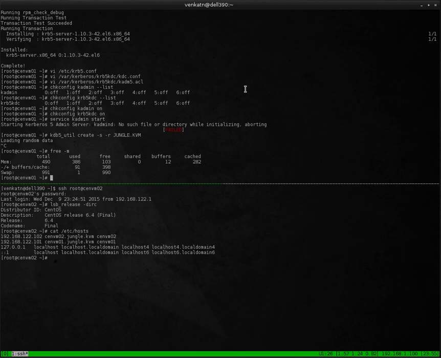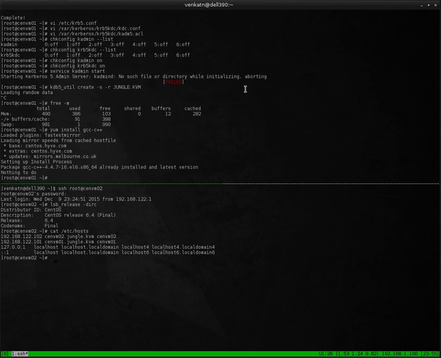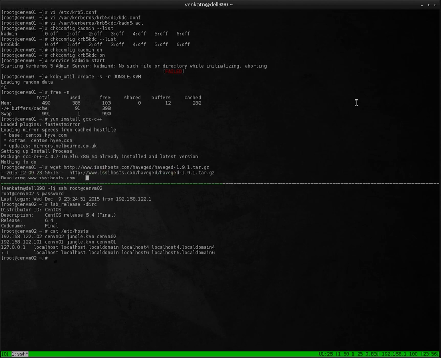So for that, what you need to do is yum install gcc c++, mine is already installed, and download the source file, which I'm gonna copy and paste here. So basically you just download this file, haveged, which is short for hardware volatile entropy gathering and expansion. I don't know what that means, but you just download this source file,